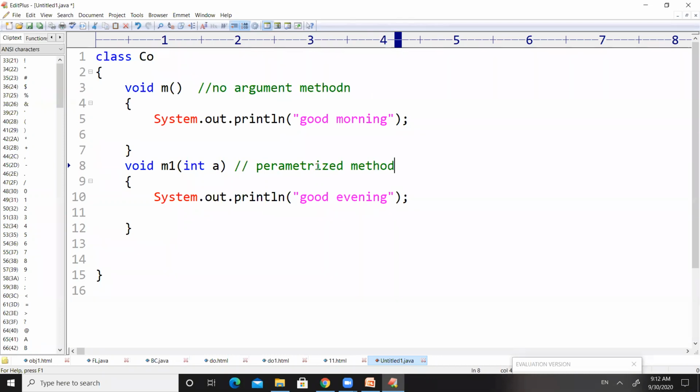In today's class, we are not going to discuss these methods. We are going to discuss constructors, right? I am just explaining how methods differ in the case of parameters. A method with zero parameters is one type of method, and a method with one or n number of parameters is another type of method. Similar to these methods, let us convert these methods into constructors. Let us see the first rule of constructors here.